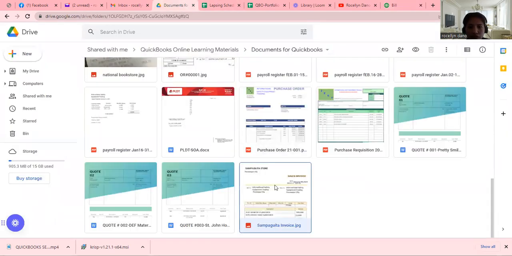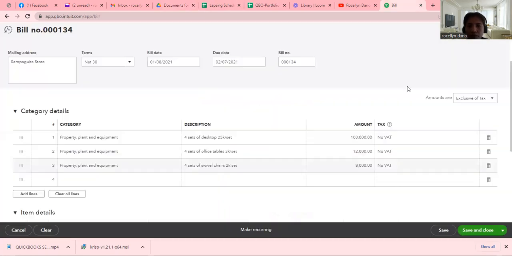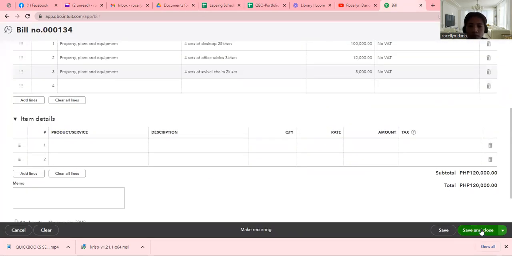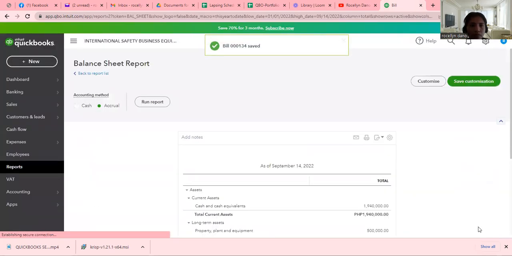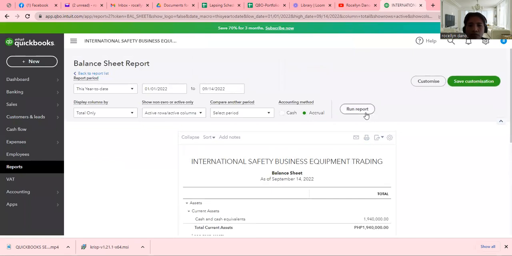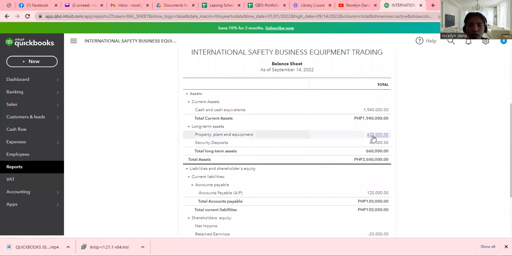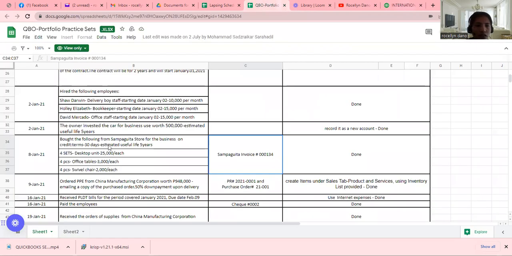There's no VAT earlier, right? No VAT. 00134. Save and close. And then run report. PPE is already 620,000: 500,000 earlier for the car, and then 120,000 for the Sampaguita store purchases. Next is